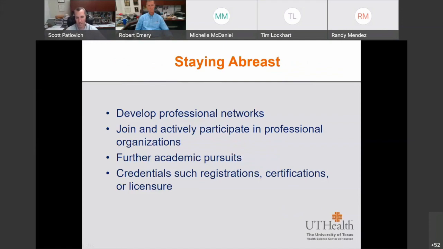So developing each of those areas is important as you progress through any profession, and certainly that's the case in safety. How do we do this? How do we stay up to speed with all these changes and look at our three-legged stool?